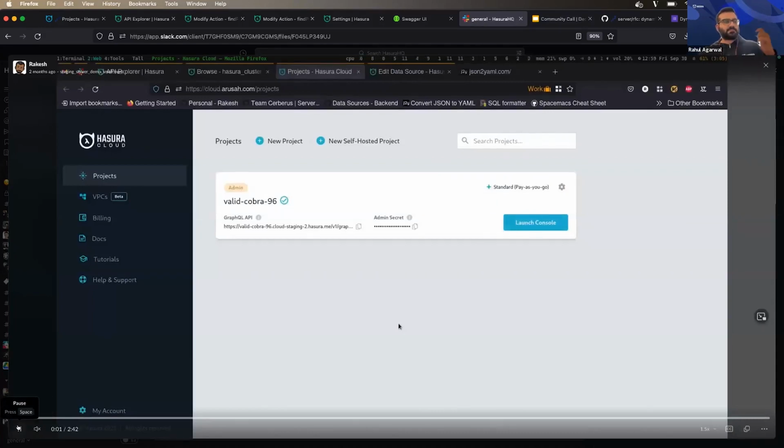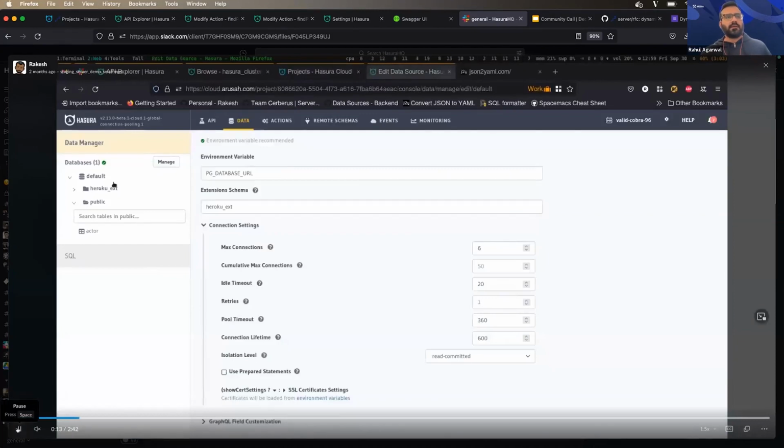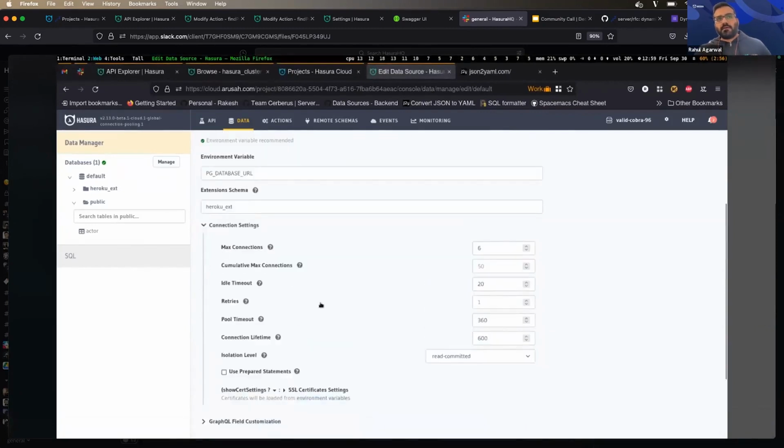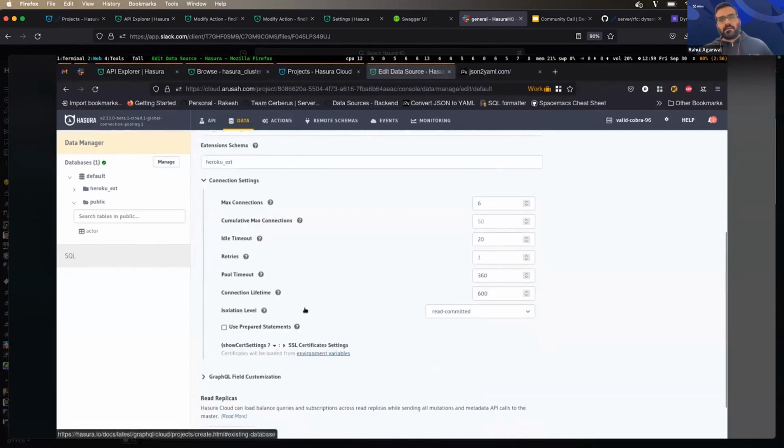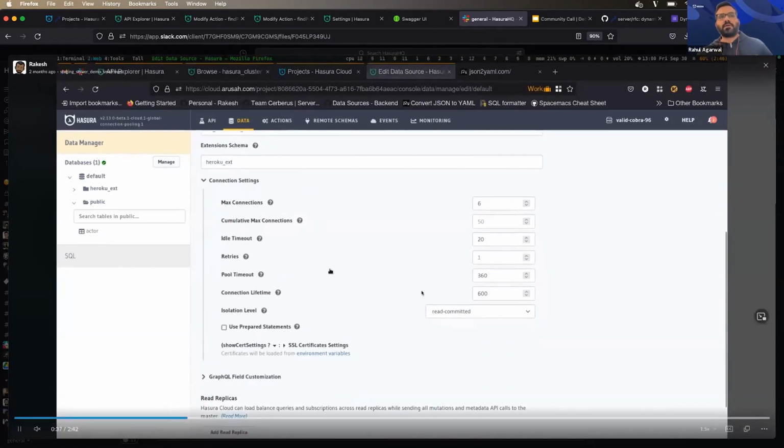So I'll just talk along as this video goes along. I'm demoing the Elastic Connection pooling feature here. As you can see, this is an earlier version of the console, so it's called Cumulative Max Connection here, but this is similar to the Total Max Connection feature we have rolled out. So this is a new field. Right now, the setting for max connections is 6, and the total max connection setting is not set right now. So if we go and